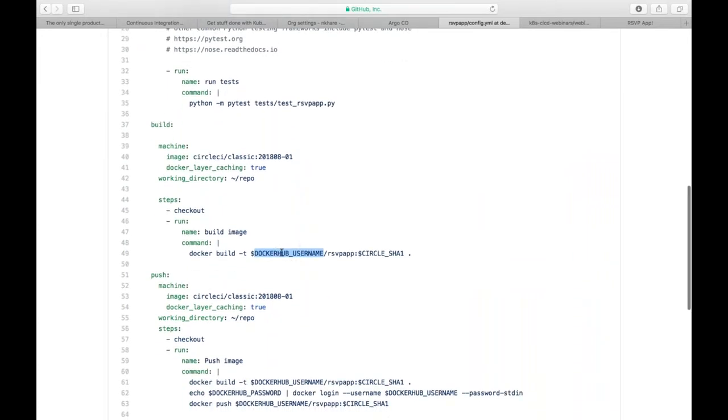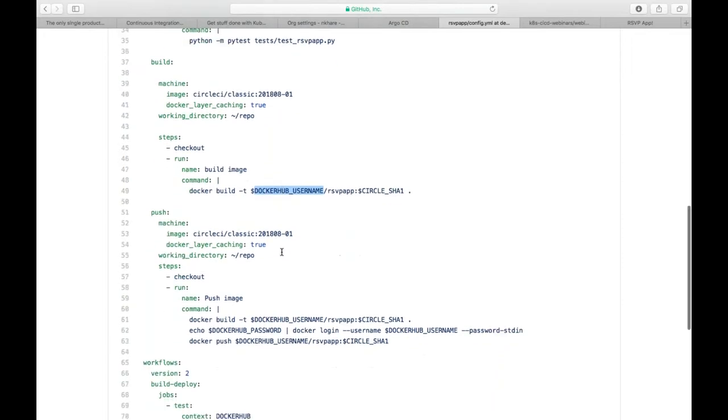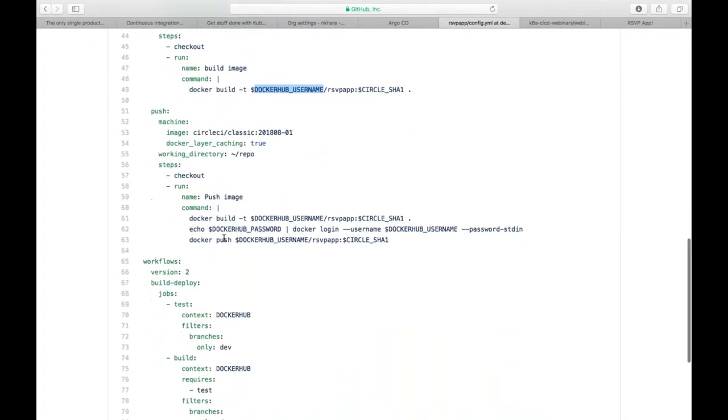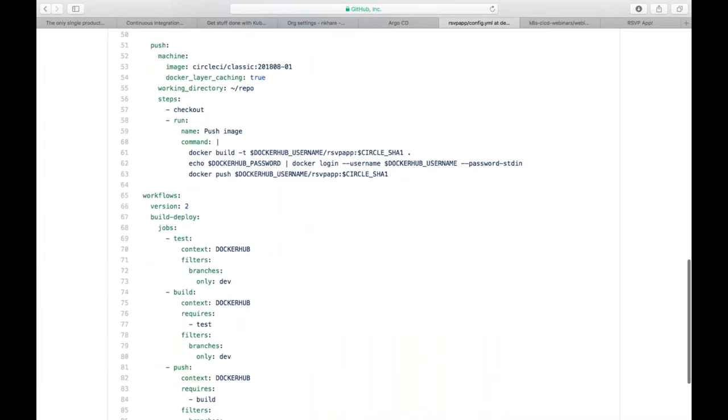So that's how we define these environment variables using the context. And then in the next job, we push the image to our Docker Hub. Once the image is built, we can push the image to our Docker Hub account.